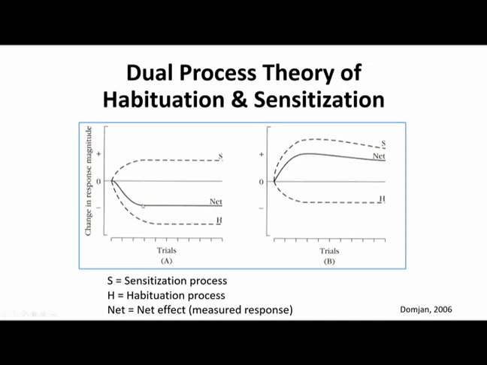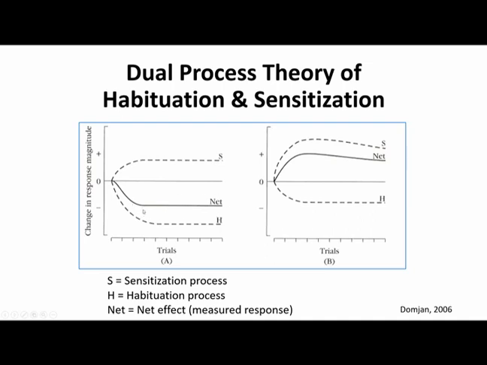However, this net decrease is actually driven by a little bit of sensitization process up top here and a lot of habituation process down here. And if we add them together, lots of decrease and only a little bit of increase leads to a lesser magnitude decrease. So if we add these both together, we get this net responding line,